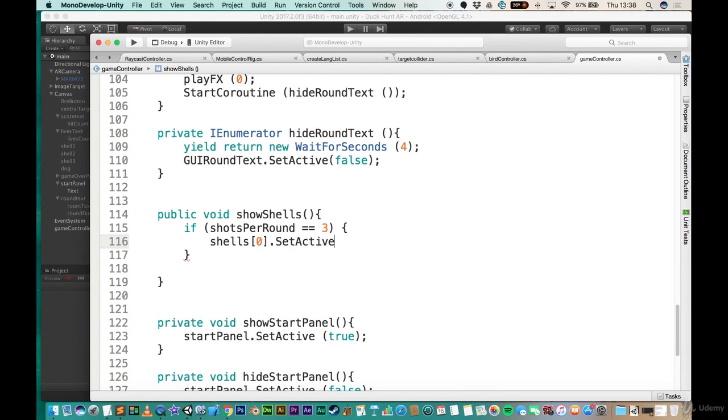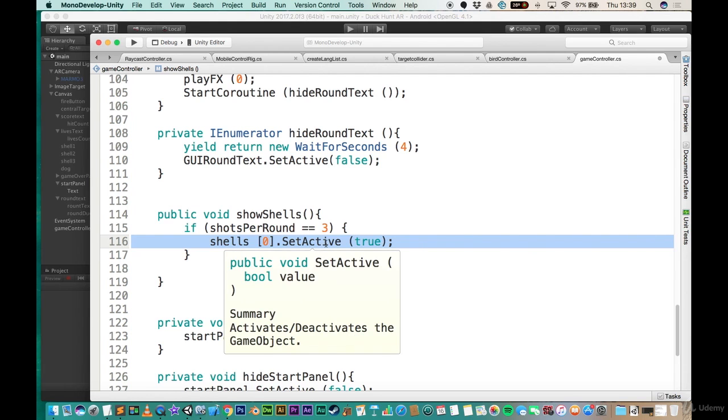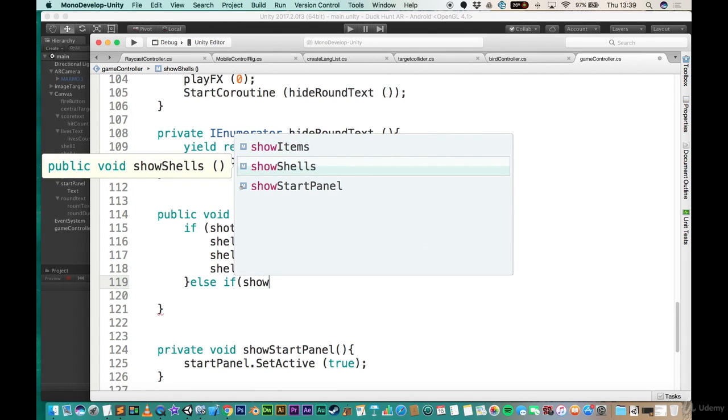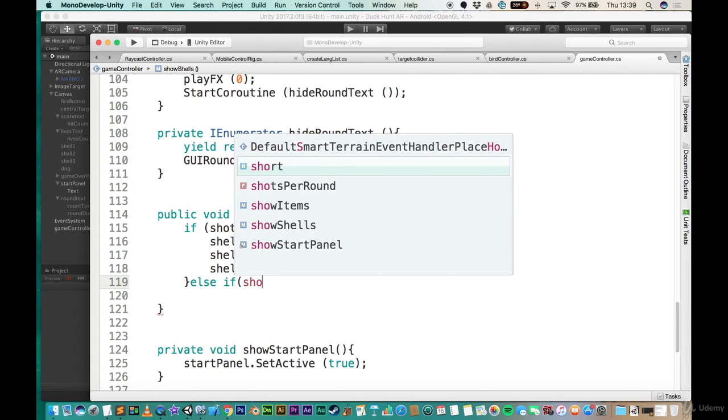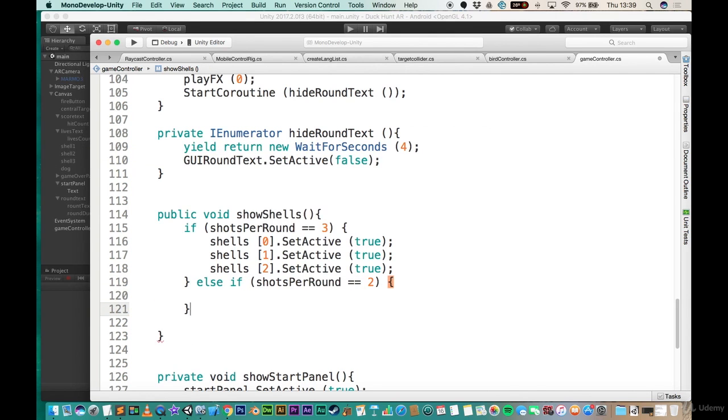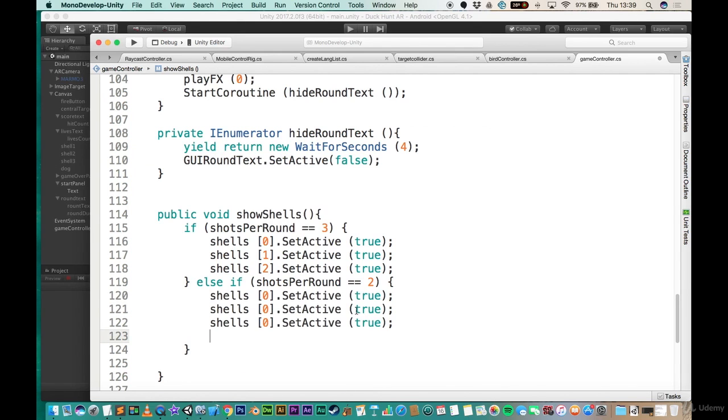so. Okay. Now if we've got 3 shots, then all 3 shells need to be visible. So let's just copy that and do a 0, 1, 2, which will actually activate all the 3 shells. Okay, now what happens if we've got 2? Well, else if we only have 2 shots in the round, there we go, threw me off guard, then what I want to do is only show 2. So the third one will be false,